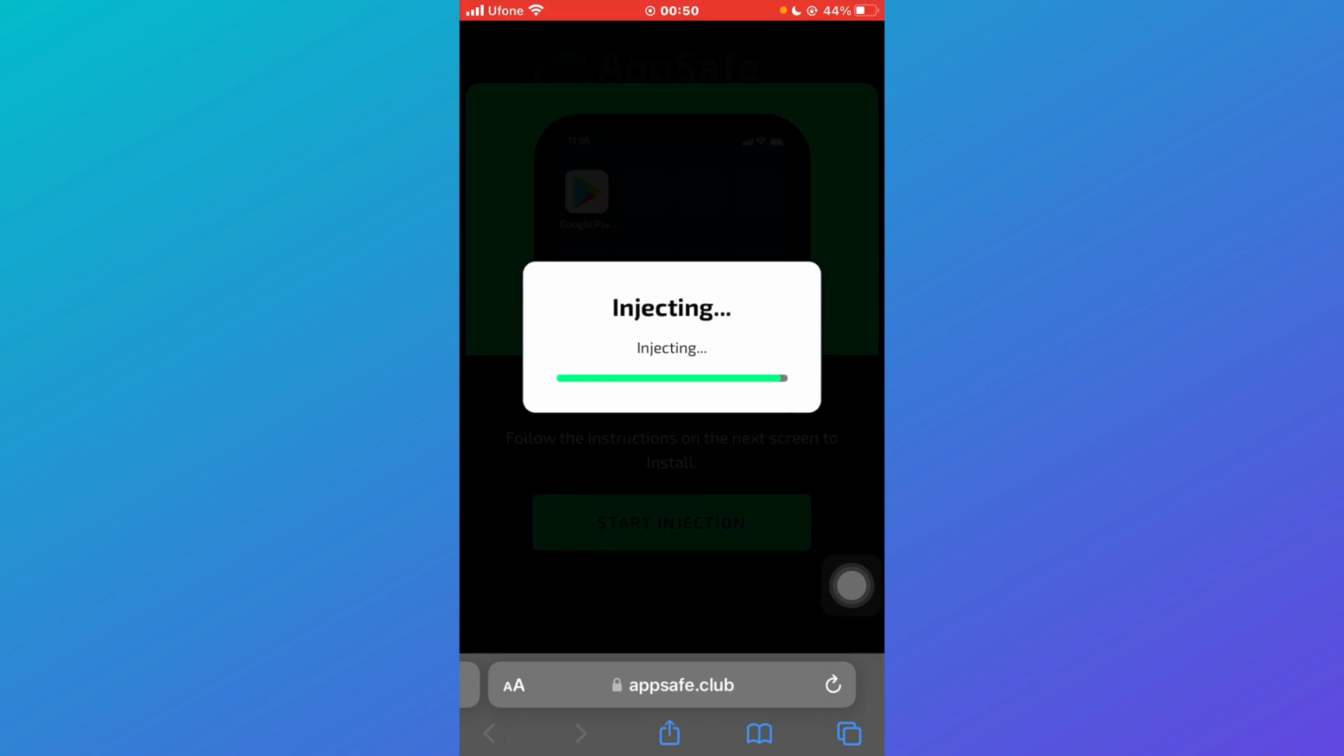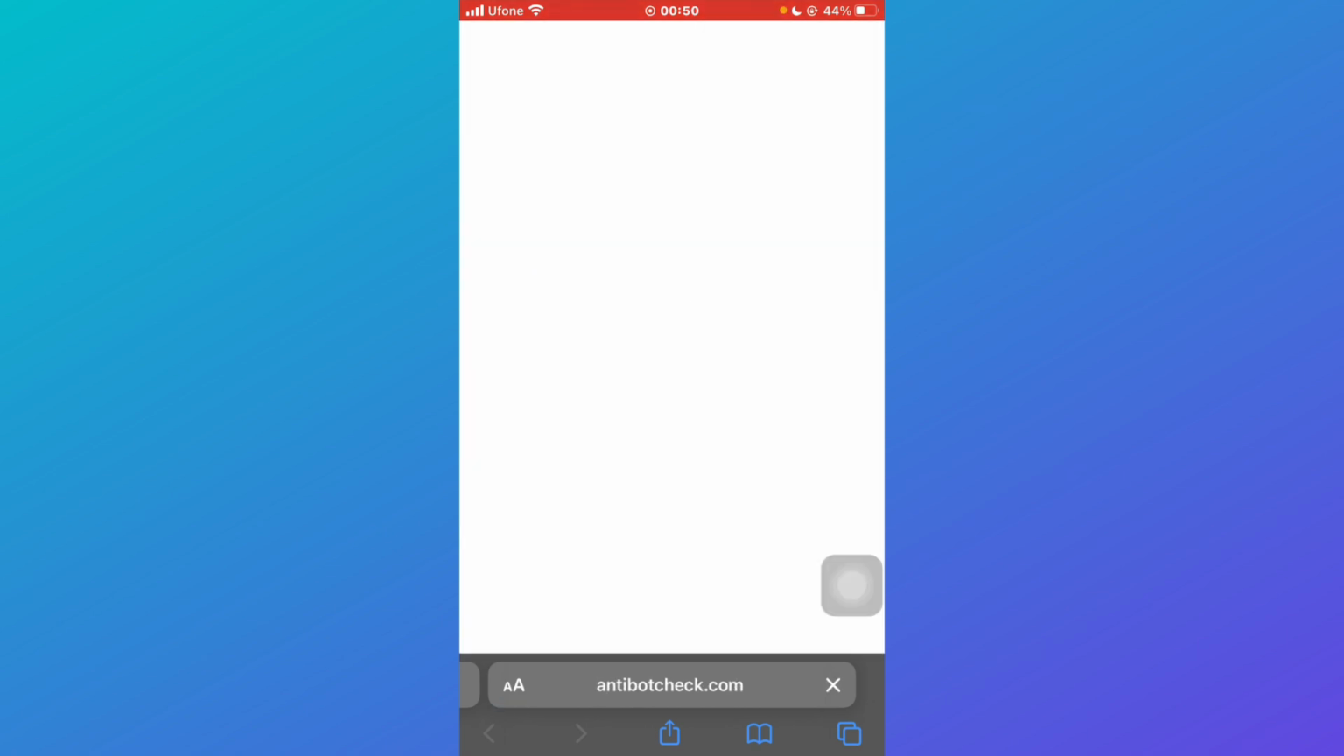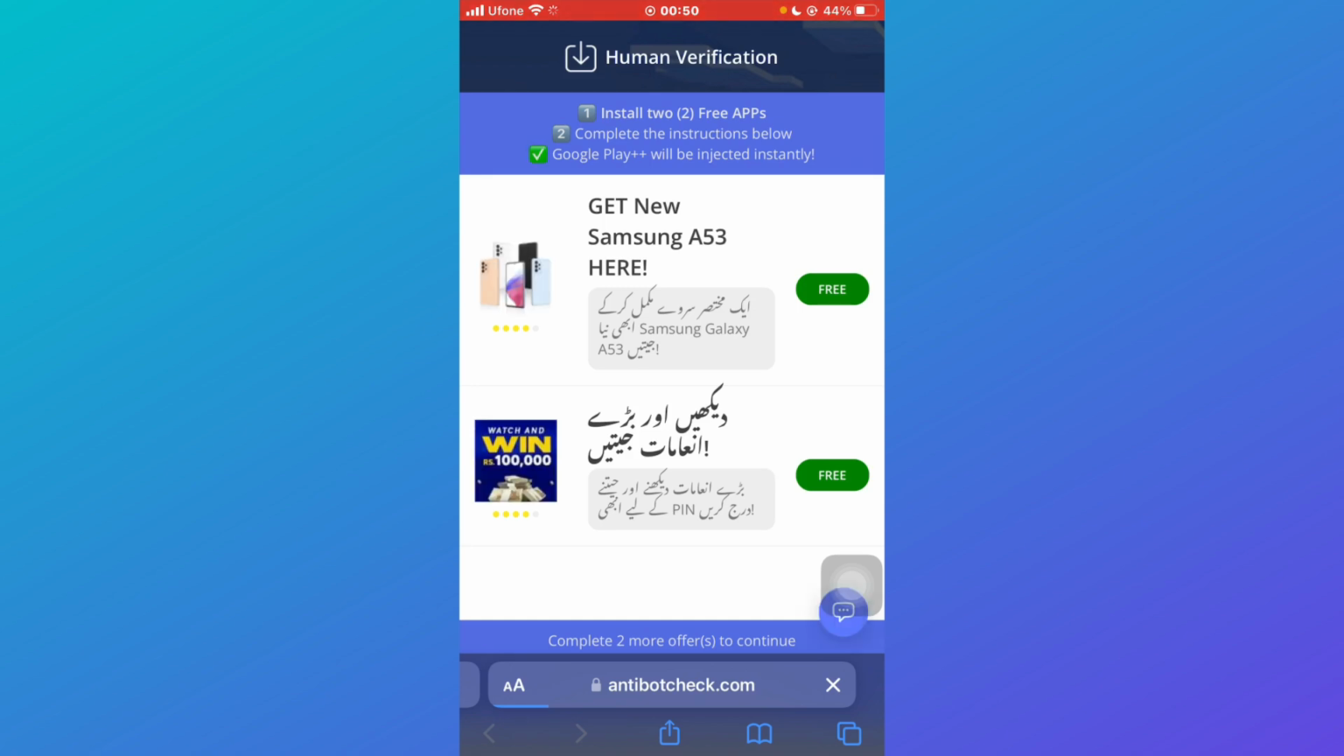Once it is done injecting, they will ask you to confirm that you are not a bot. For that, you'll need to verify that you are human, and you have to download these two apps in order to give your human verification. Once you have downloaded these two apps, the verification steps can be different according to your country. Once you have verified that you are human, you'll be able to see the Google Play app icon